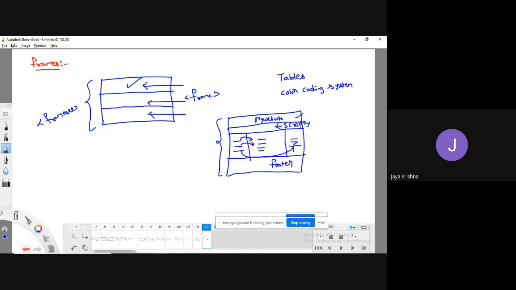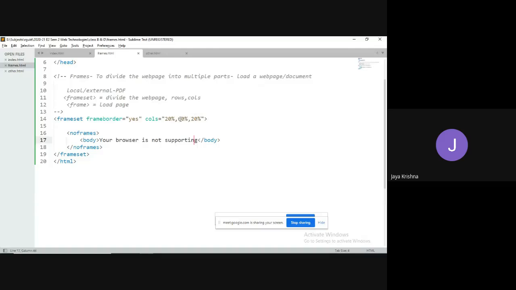First, I am going to divide in the form of 4 rows. For example, 20%, 20%, comma. Here I can write star. What's the meaning of this one? It is going to indicate the remaining part. 20 plus 20 plus 20, 60%. What is the remaining part? 40%. That 40% I can write like this, 40%, or I can make it star.